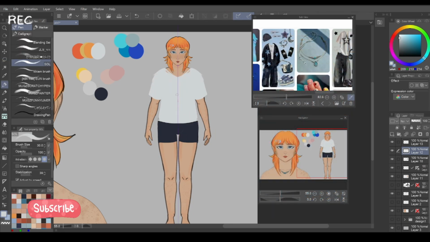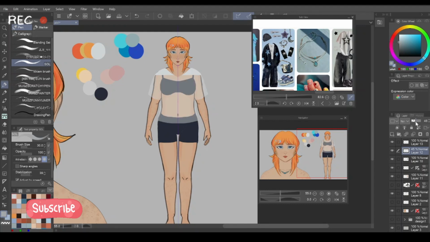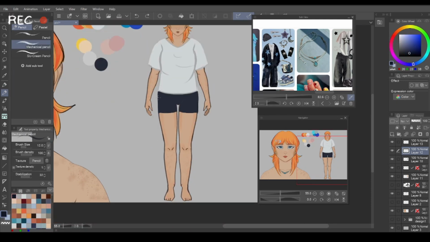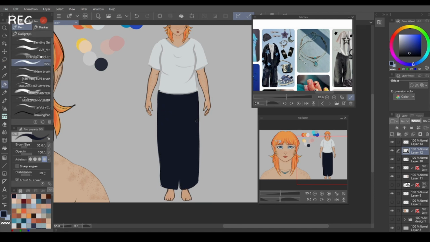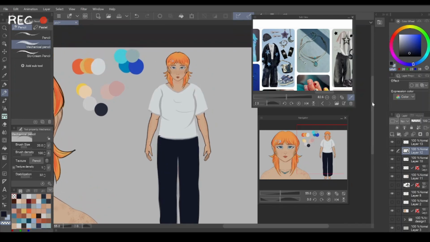I imagine that she left home due to some dispute between her and her family and is now trying to come into her own, and her clothing style is part of it. She's trying to separate herself from what her family thought was appropriate, but I don't think she fully feels this style because of the way she wears it. I think she could absolutely pull off a better outfit if she let herself, but I think she's trying a little bit too hard. All that to say, I think she is a very adventurous person and a very brave person, since, as I said before, she left home and decided to make it on her own.